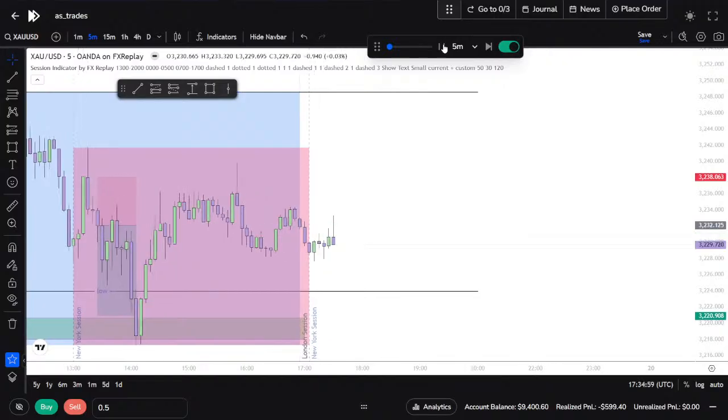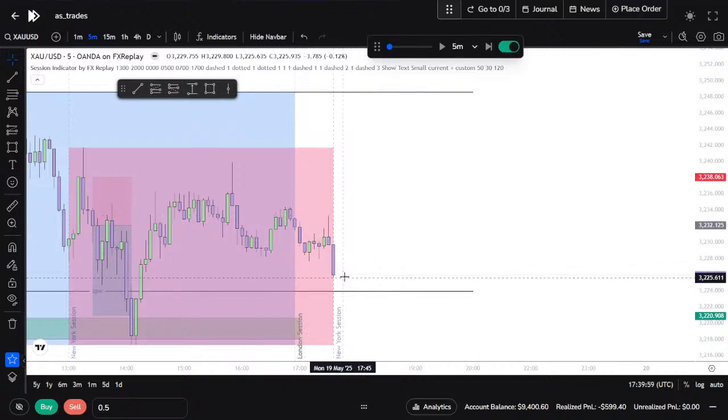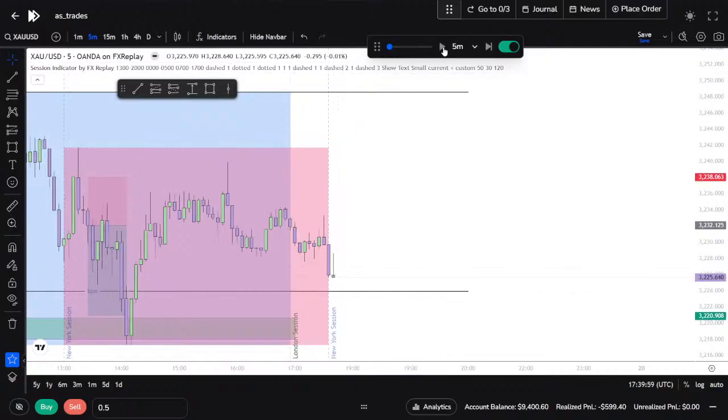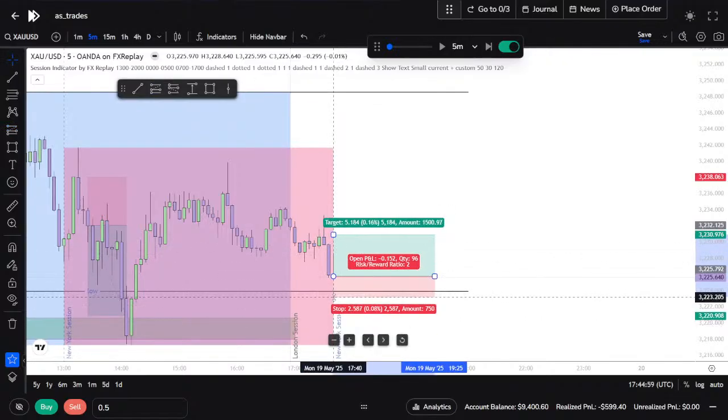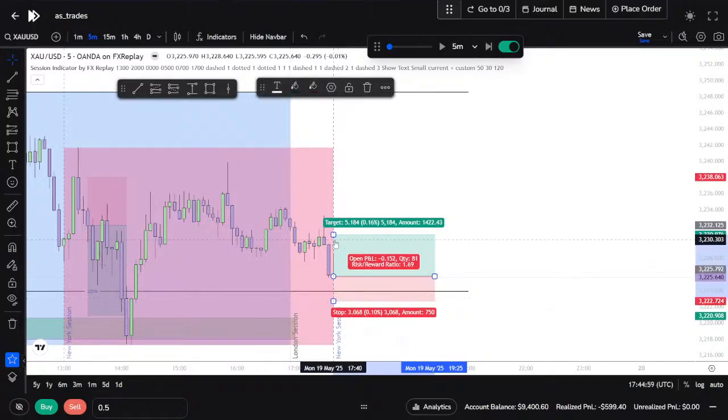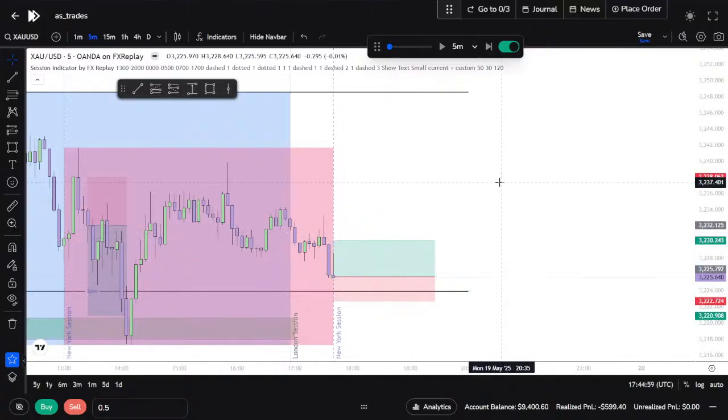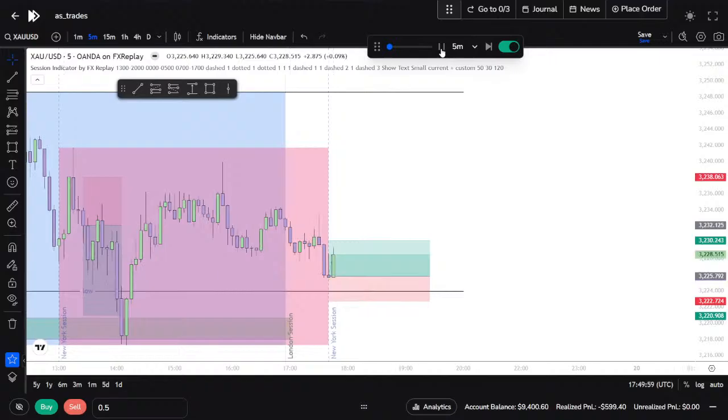Let's see. Okay. Yep, hit into the fair value gap. There's potentially maybe one more down candle. Yep. That would be a good sign to take a long here. And you could put this just here. You could aim for, yeah, you could aim that just to be safe, 1 to 1.45. Yeah, it's pretty... I mean, it's a trade, I guess.